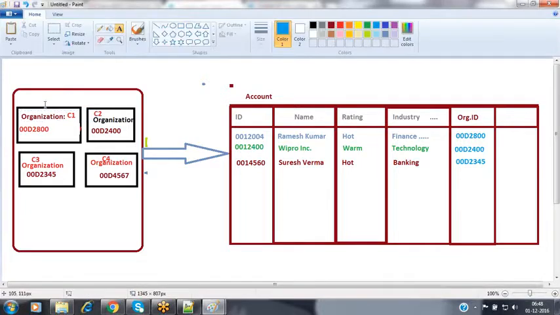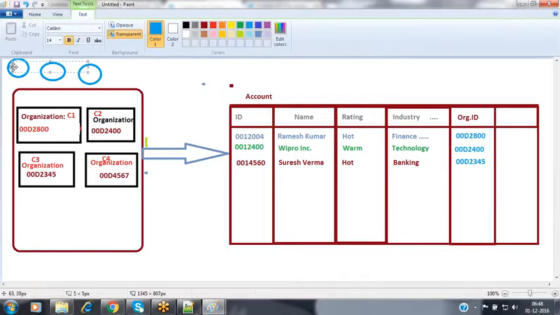Now inside a single organization, you may have multiple users. For example here, I'm having user 1, I'm having user 2, I'm having user 3. Now 3 users are available inside my organization.